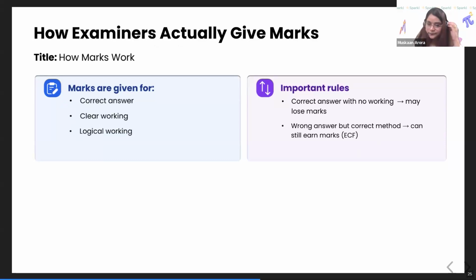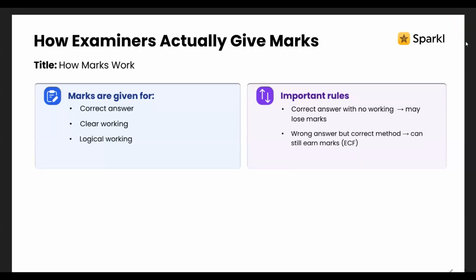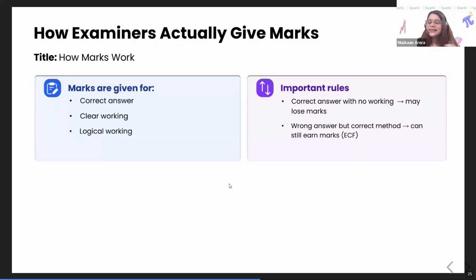Yes, Raika, please. For example, the formula that you've used is correct, but somehow you end up with the wrong answer. They let you, obviously, and for the next steps, you obviously need the answer. They'll award you the marks as long as the process is correct. The process is correct. Okay, but again, it's not that straightforward. So we have some more details on ECF, which we're going to discuss on the next slide.